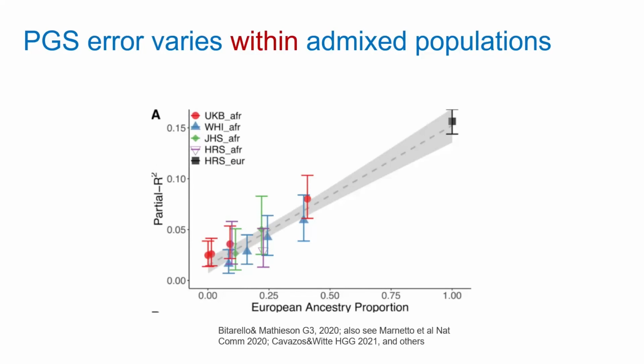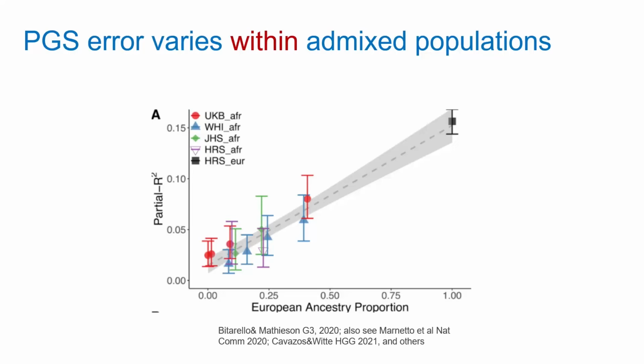And we're not new to this. This is work from Jan Matthiessen and many others that are trying to look at the transferability of polygenic risk scores directly in admixed individuals. And I apologize that they shift the scale, so now you have to look on the right side for higher European ancestry versus on the left side, which is lower European ancestry. And again, the Y scale is accuracy.